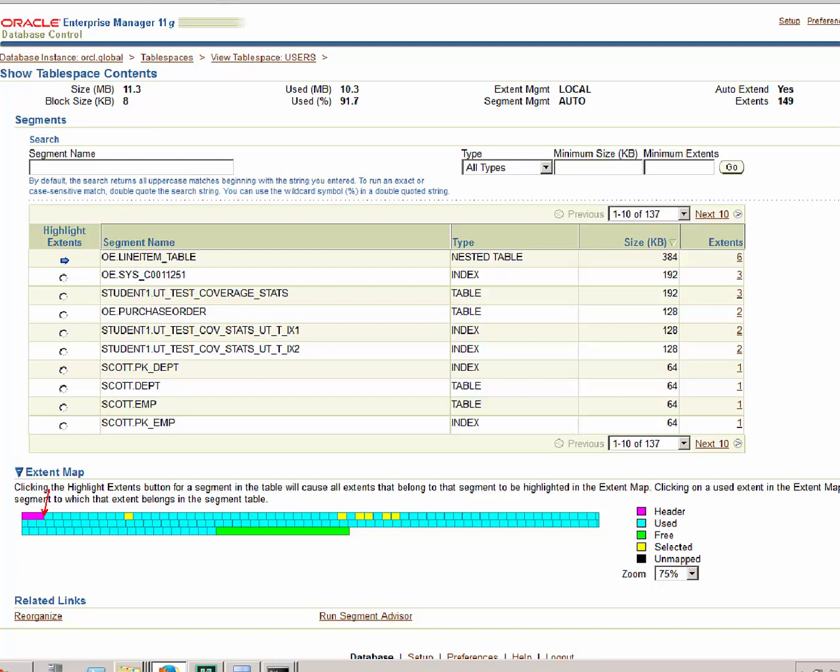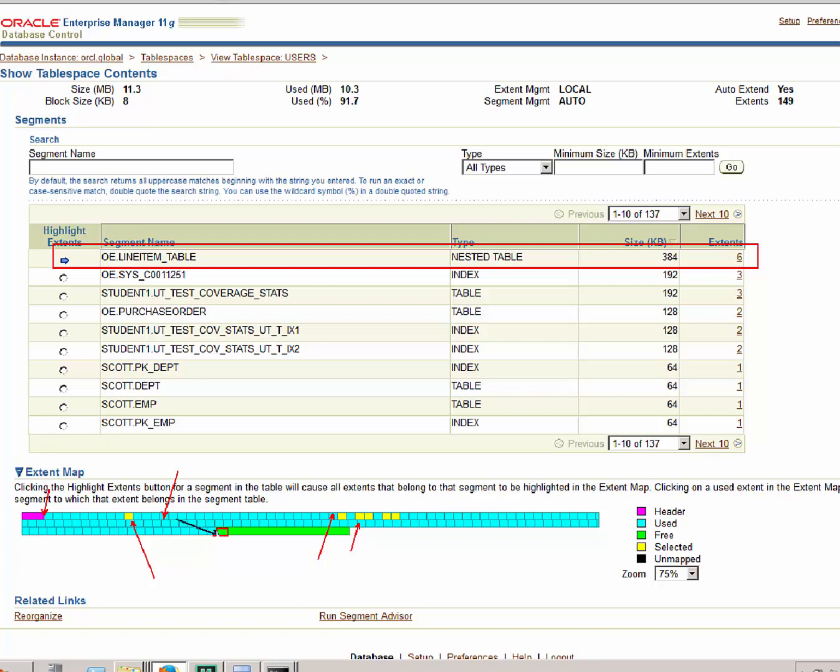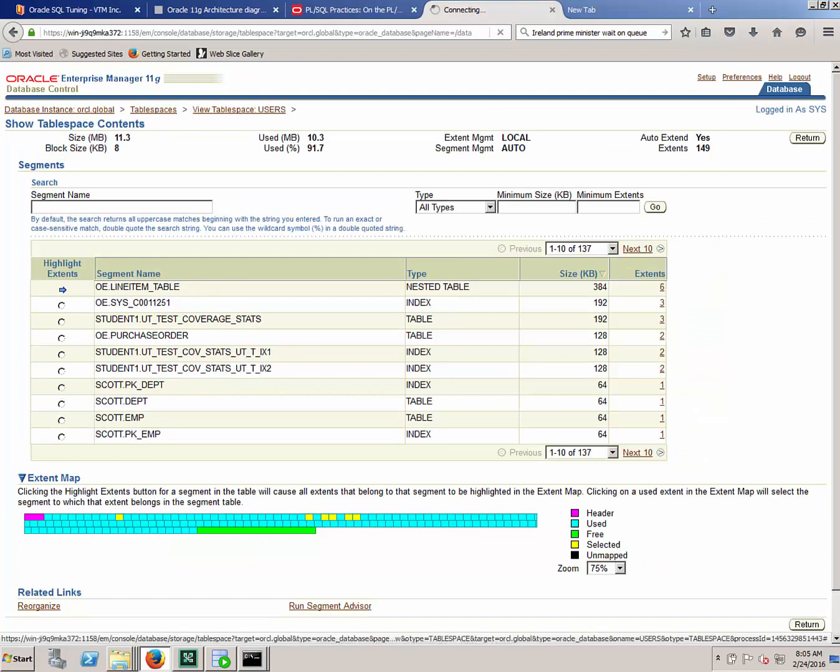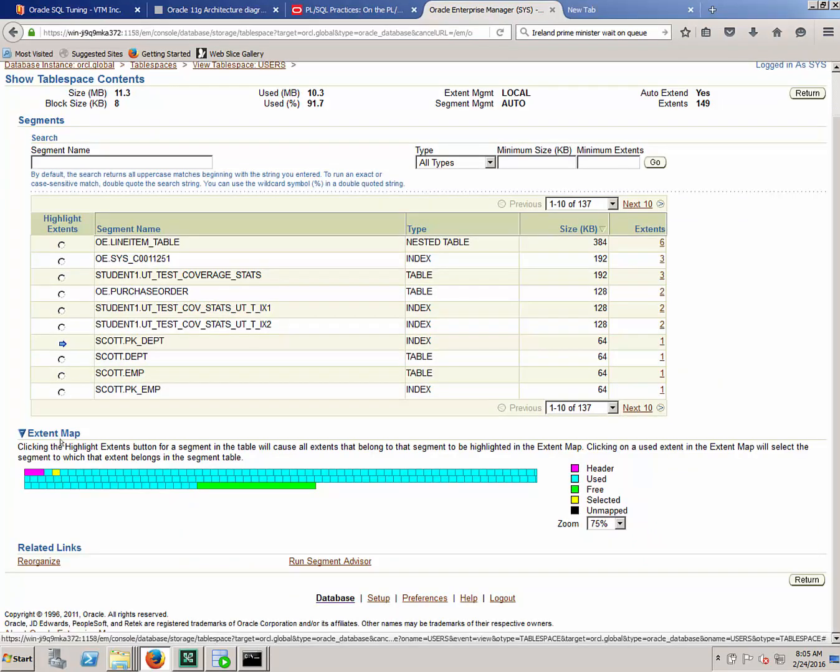So notice I have one table, for example, an OE line item table that has the extent located here, located here, located here. So in other words, when you create a table, only an initial extent is allocated. When you insert enough data, another free extent may be allocated and it becomes your next extent. So notice how far these things can potentially be. So if I look at PK department, it's here. Scott.emp is currently right here. Now if I insert a bunch of rows into scott.emp,